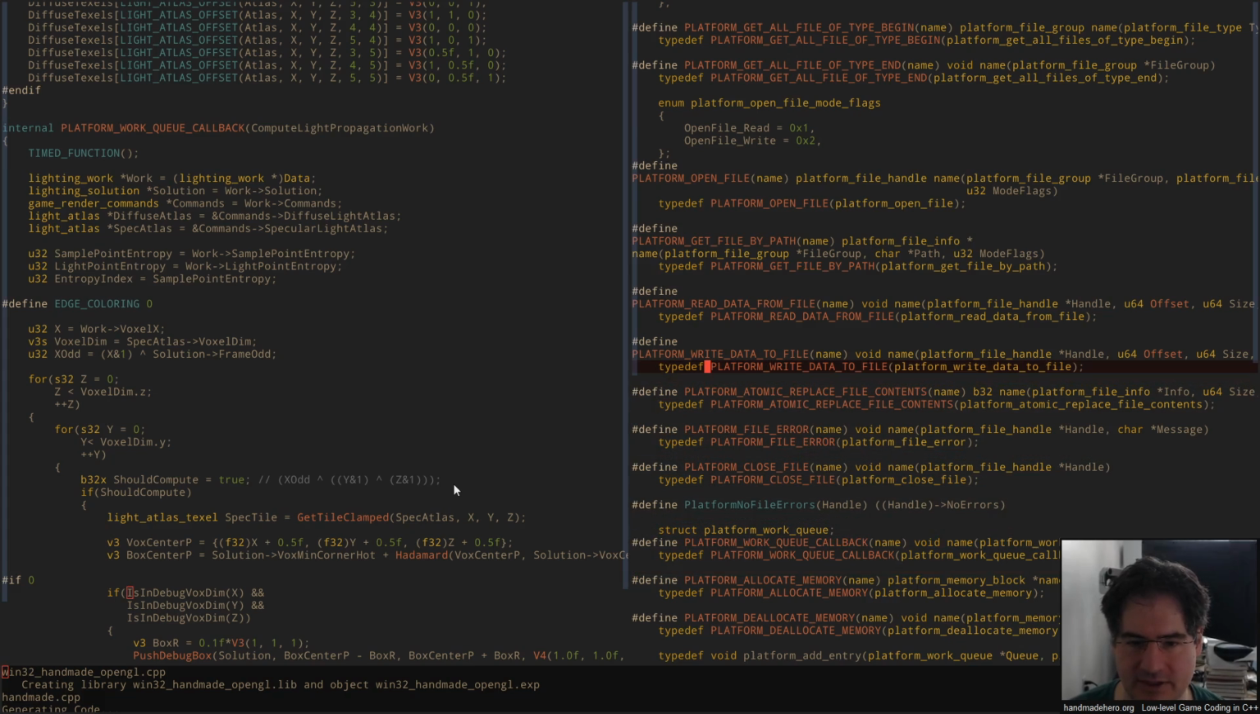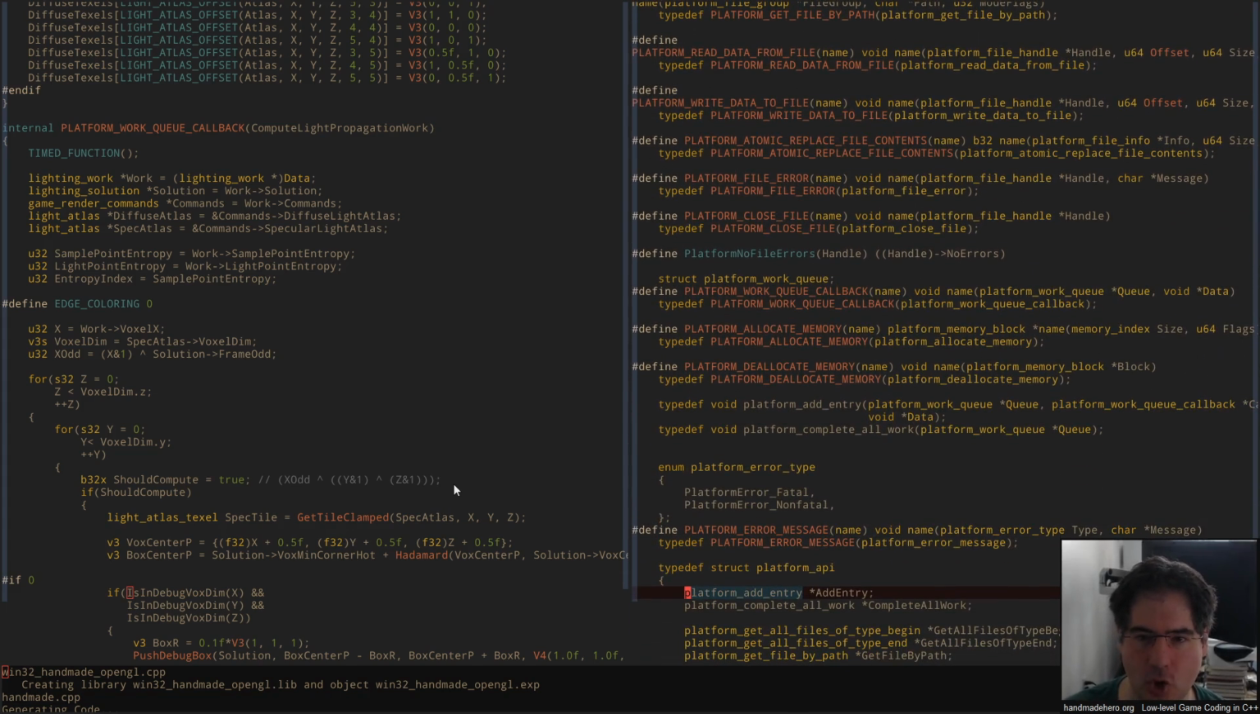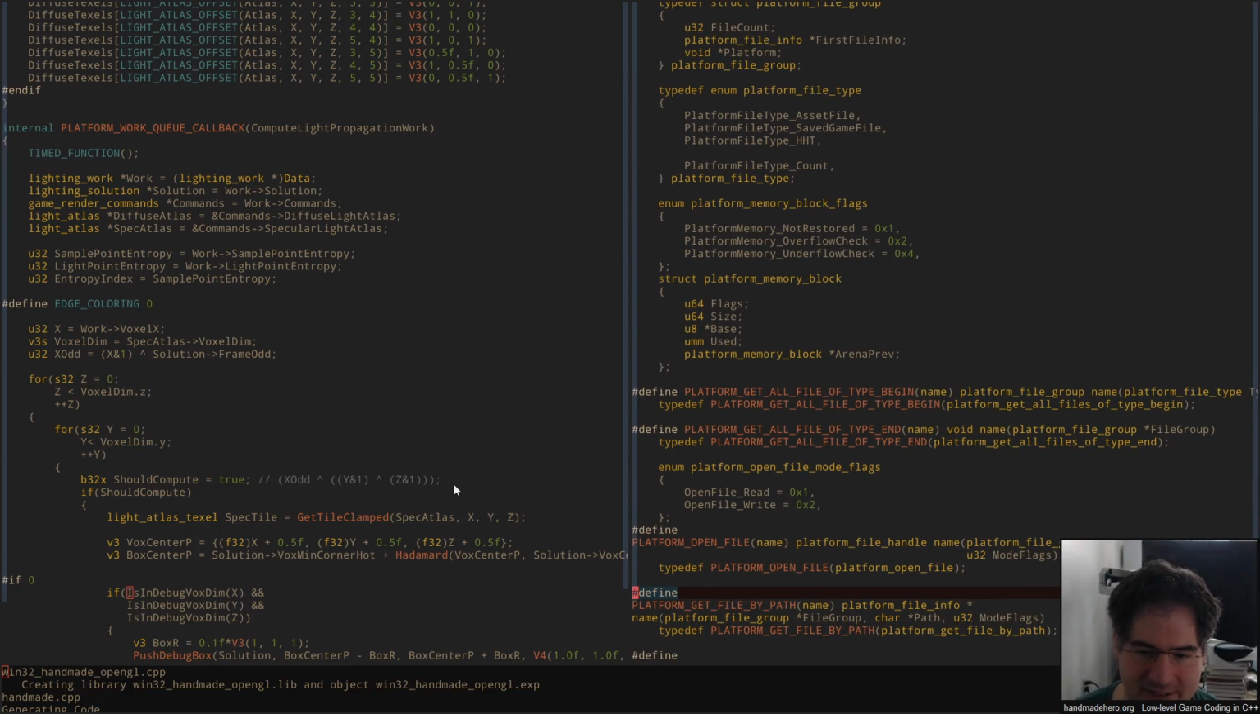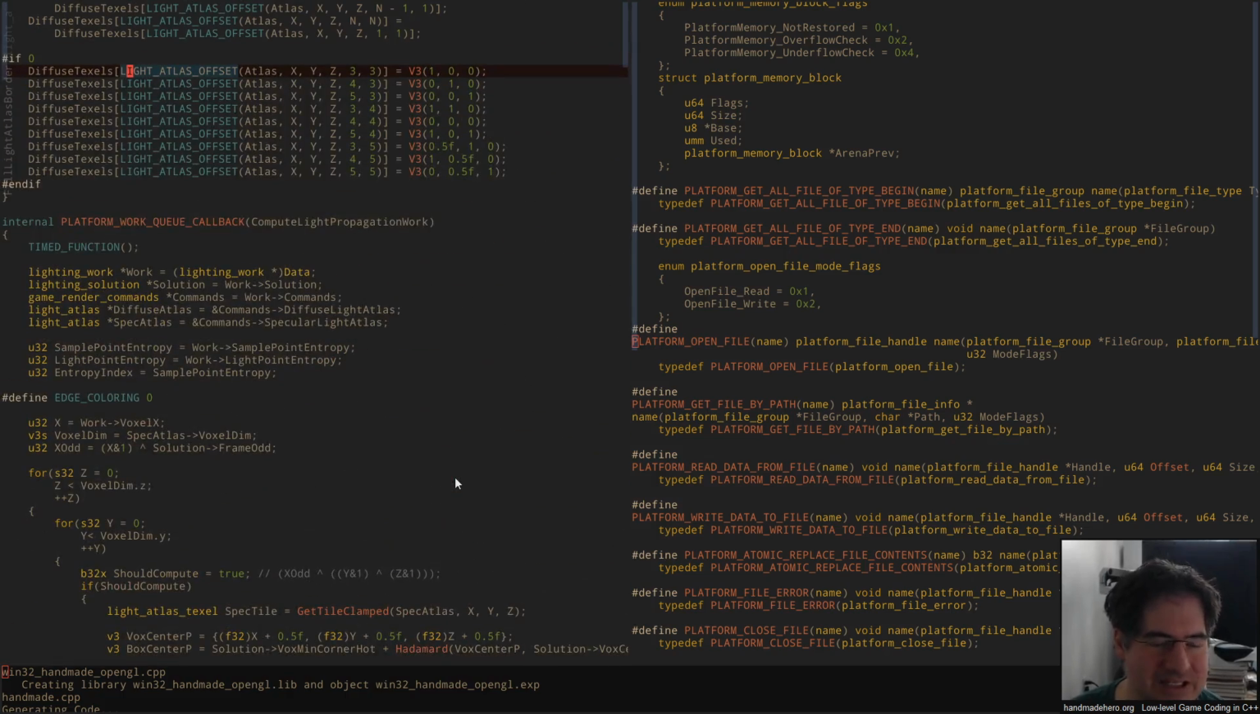You can see we got platform write data to file here, right? So we should be able to just open a file, blast some data out to it, and then use that in an external test app. So it's nice because, again,